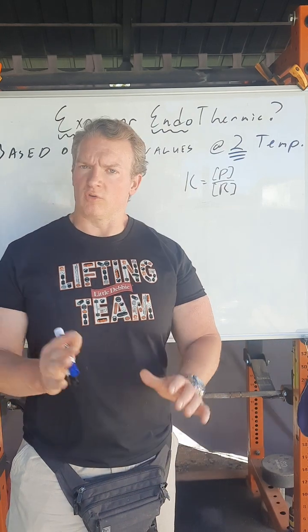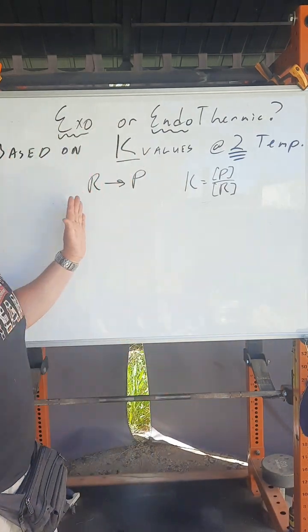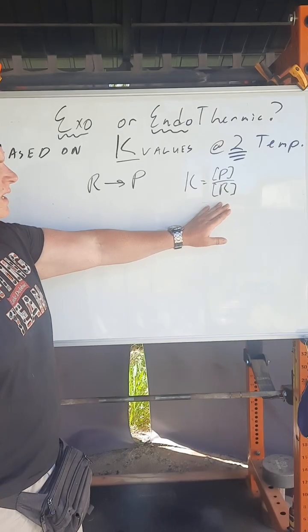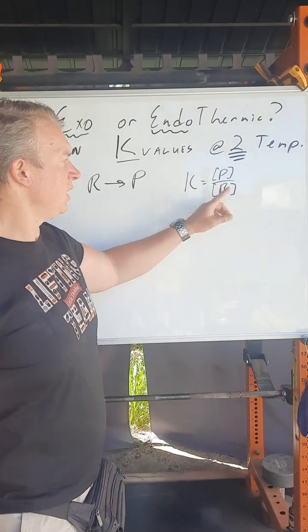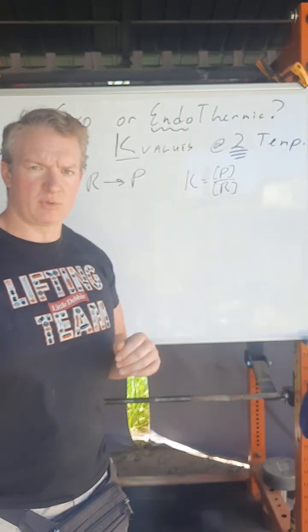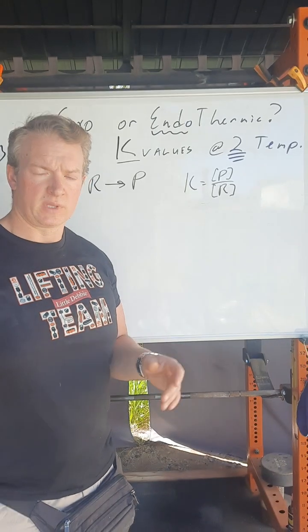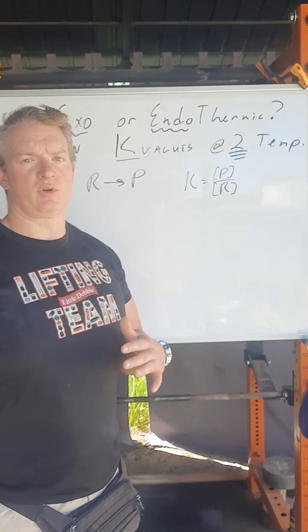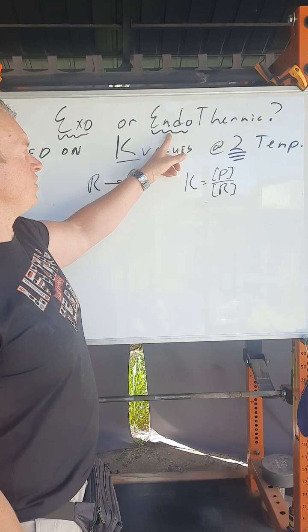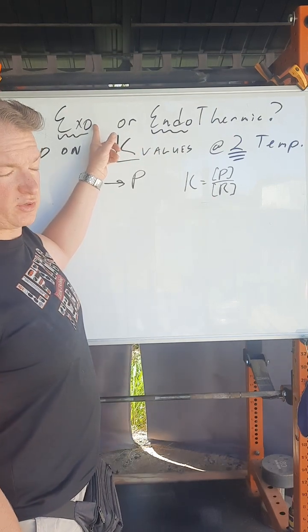Let's talk about endothermic and exothermic reactions with respect to capital K. For any chemical reaction, just a reminder, the general format is reactants going to products, and capital K is a quotient of products divided by reactants. Let's look at one capital K value for a temperature, and then a second capital K value at a higher temperature, and ask the question: